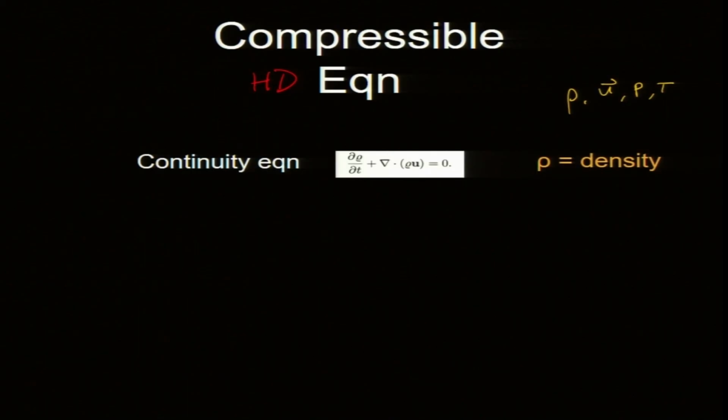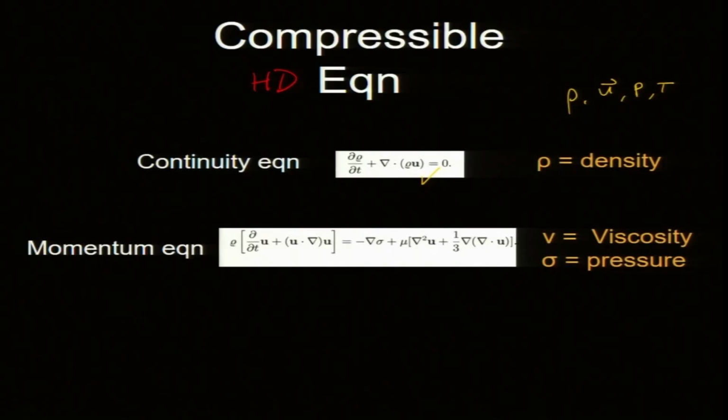The first equation is called the continuity equation, which is for the density. You can derive it from first principles, mass conservation. The second one is the momentum equation, which is for the velocity field. Here is the pressure, and mu is the viscosity, the dynamic viscosity. The right hand side has some Laplacian and divergence terms. You can see all of them are space derivatives. How many equations do we have so far? In 3D you will have 4: 3 equations and 1 equation.